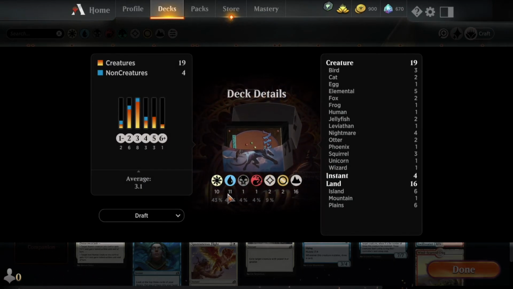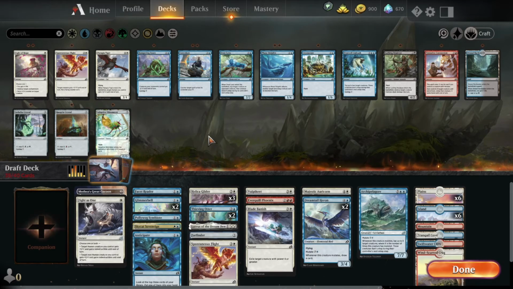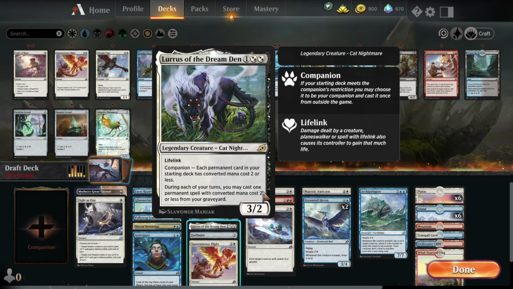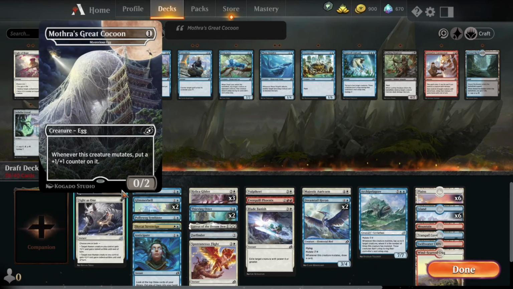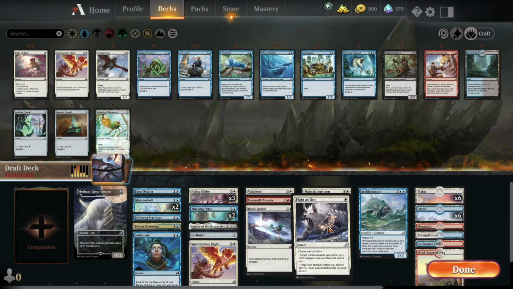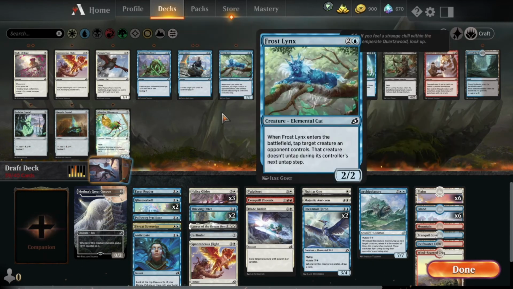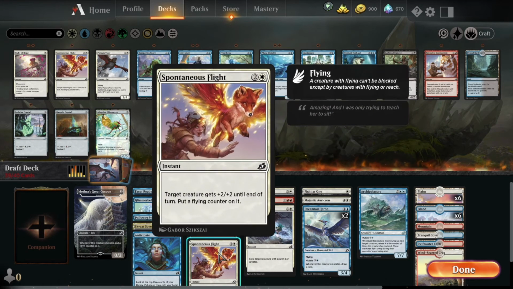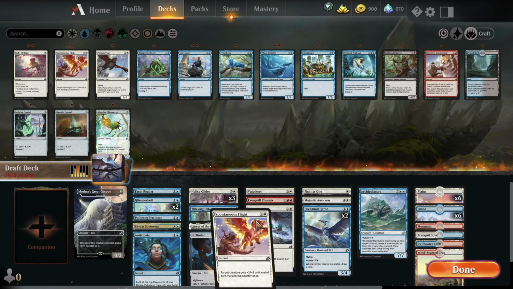10 white, 11 blue. Okay, so we're pretty evenly split. Then let's look at when we want to cast our cards, and that'll give us a better feeling for it, right? So Martha's Great Cocoon requires no particular color of mana for us. Fight is one, doesn't count. Essentially, you can just drag that over to the Dreamtail Heron for now, because that's around when you're probably going to cast it. And you can shift one of the spontaneous flights over beside the Heron too, because we're unlikely to cast it